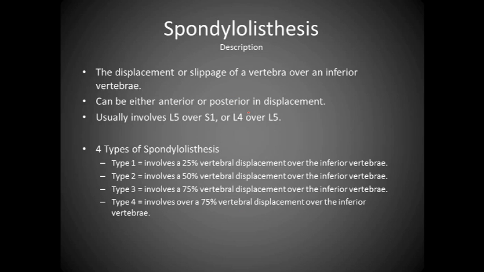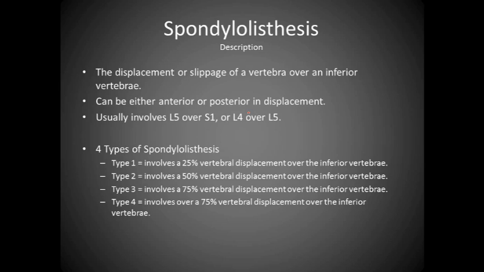So we're going to transition from the brain to spine. And so basically, many people forget that the spine is a large portion of the central nervous system as well, because the spine helps to protect the spinal canal or the spinal column and spinal cord. And so because of that, it's essential that we cover things that can disrupt the spinal cord and cause things such as paralysis, loss of motor function. So the first thing that we're going to look at is